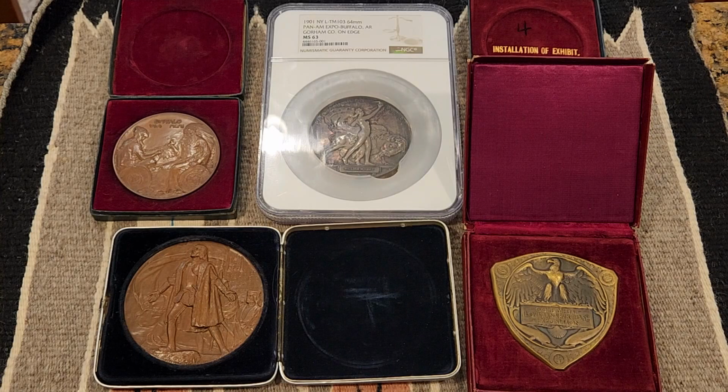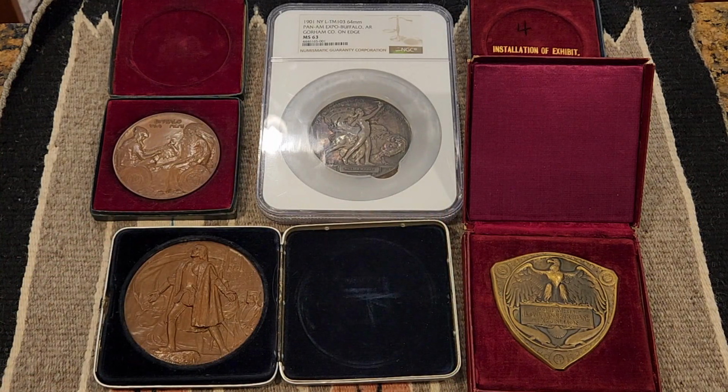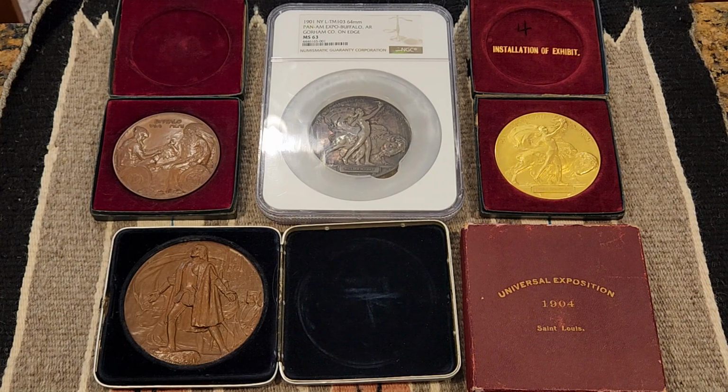3,300 grand prize, that is catalog Baxter 109, Marquessy 390. 9,000 gold, of which this is an example, Baxter 108, Marquessy 391. 11,550 silver, that is Baxter 110, Marquessy 392, 10,000 bronze, Baxter 111, Marquessy 393, and even 6,000 commemorative medals. There were another 2,400 grand gold, silver, and bronze medals issued just for the Philippine exhibit,